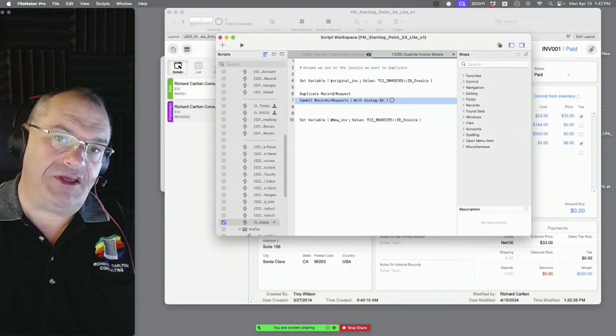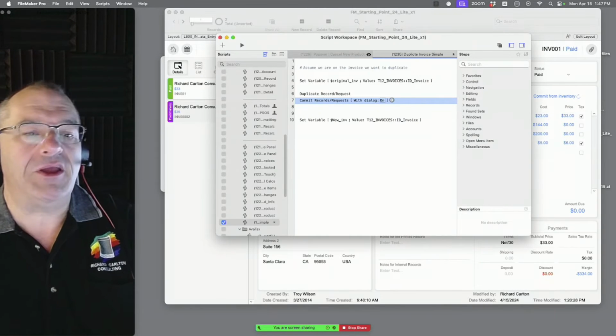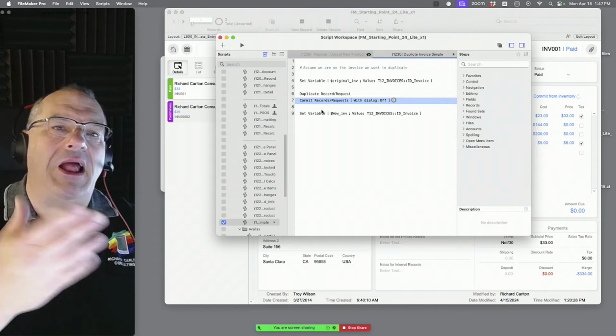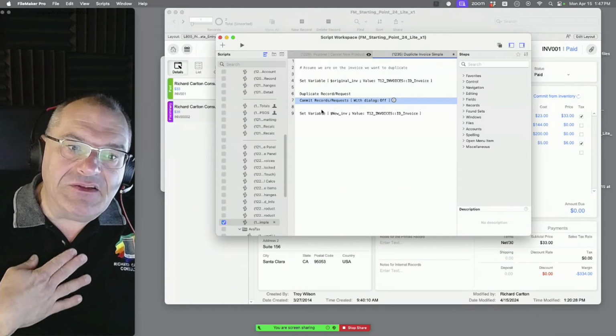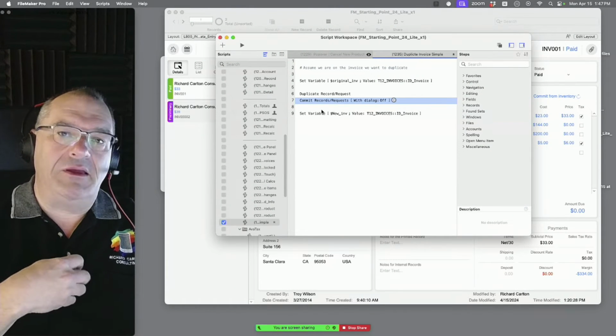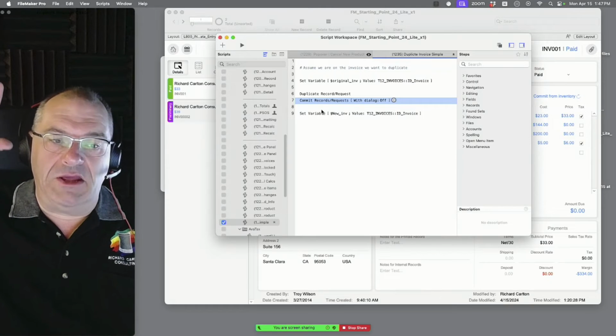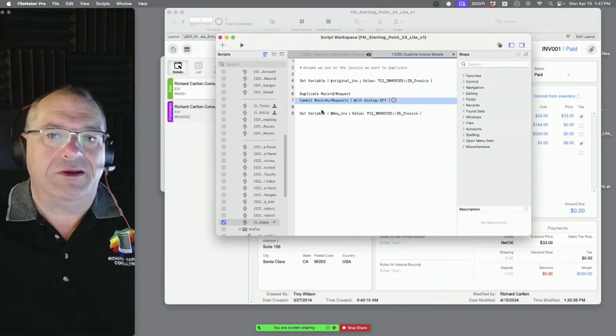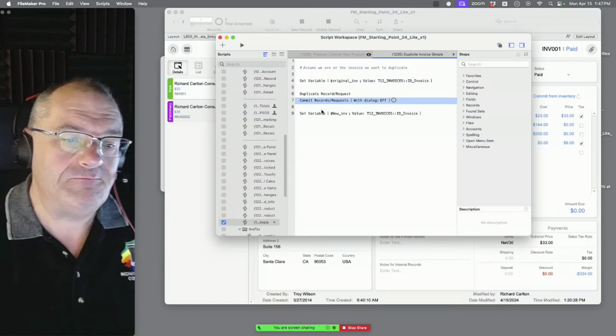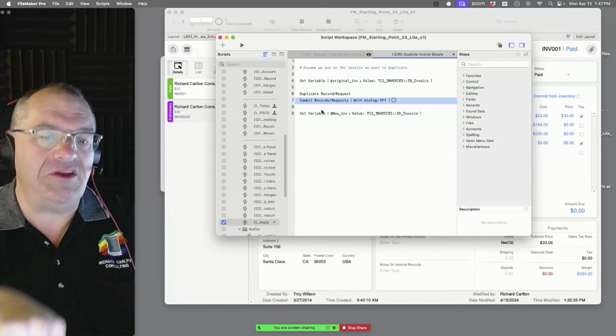Because if you save the server, then it's going to get that new primary key and everything. Off the top of my head, I'm not sure. Remember, we all have limitations. If someone comes to me and says, "Richard, give me all your money and tell me if duplicate commits the record," I think it does, right? But I'm not sure, so I'm going to just put it in here just in case.